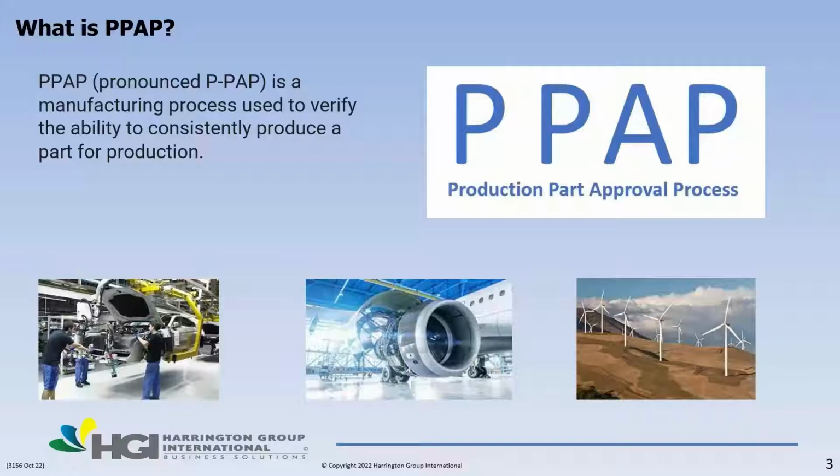PPAP, as it's pronounced, is essentially a manufacturing process used to verify the ability to consistently produce a part for production. It was first created in automotive several decades ago, recently adopted by aerospace, and then a lot of other industries, wind energy, consumer products. It's surprising how common this approach is being used, which is why Harrington invested in the capability to support that